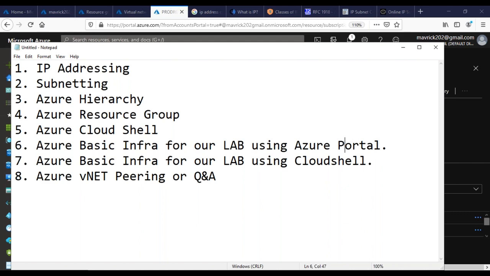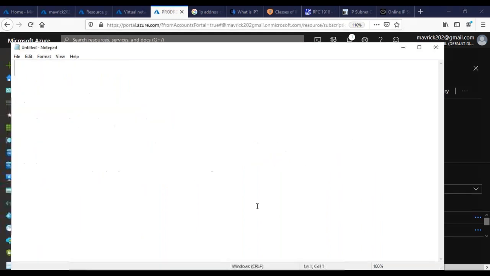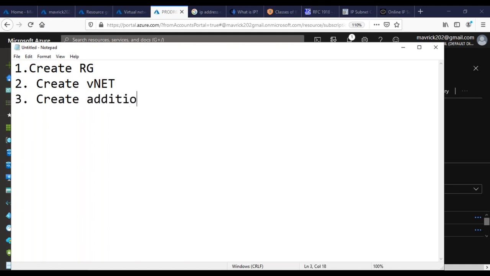So let's do this. First I need to list the steps you need to do. First, create a resource group. Second, create a VNet. Along with the VNet, you'll get a subnet by the way. Third, create additional subnets.